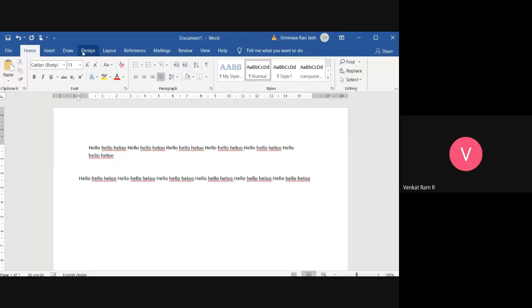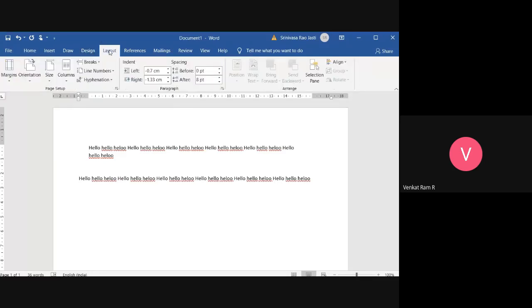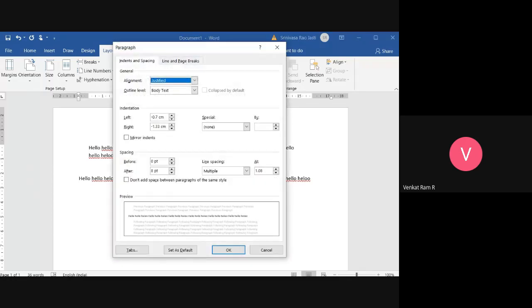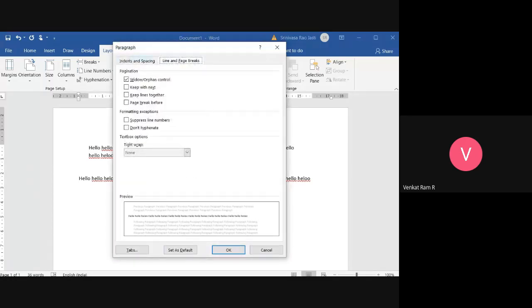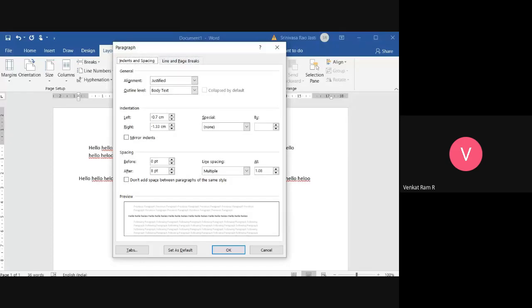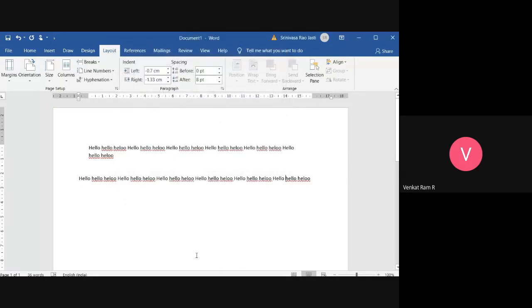For that, what we could do is go to layout tab again, paragraph, and see here. Check these left and right alignments so that it will set.